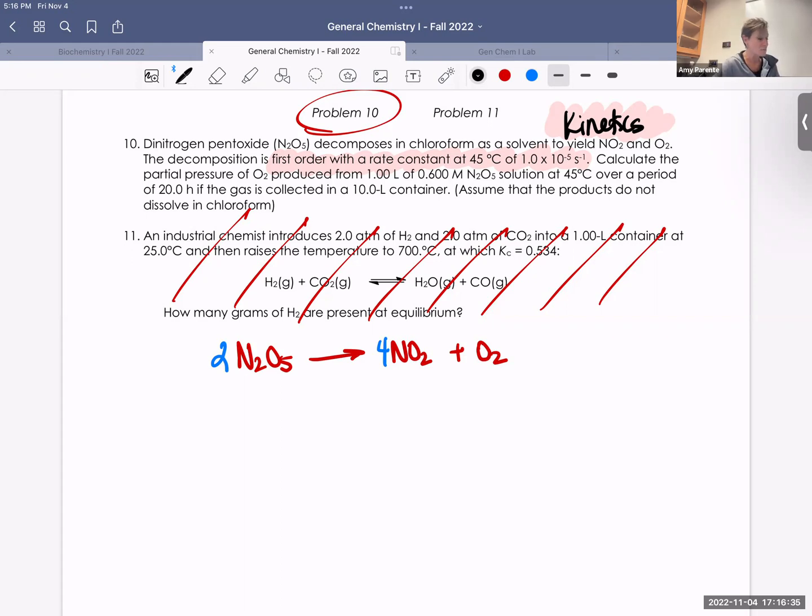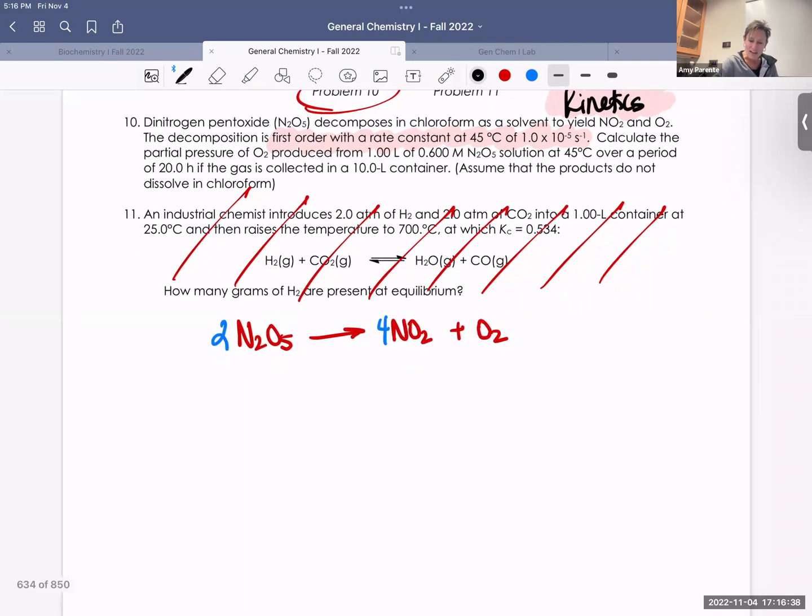There's a lot of information that we have there, but it's talking about probably doing something with amounts. And if you're struggling with what to do with this problem, okay, it's asking about amounts. It's a rate, it's a kinetics problem. Let's see if we can work through. Let's start with using our integrated rate law and see if we can start getting pieces that allow us to put things together. So the first order rate law tells us